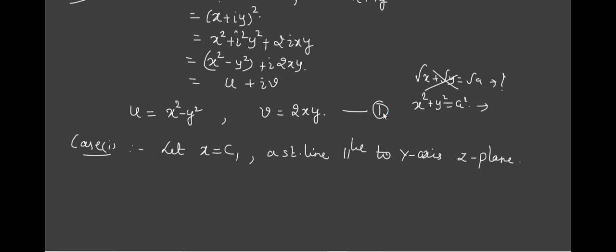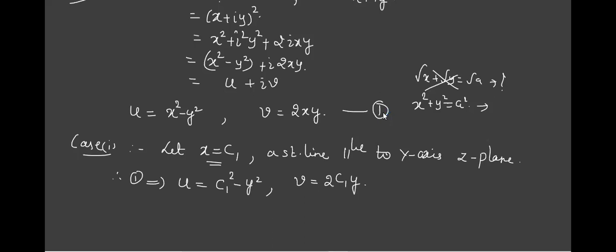Now let us take it: x is present in both sets, isn't it? Better, we'll take it and try to eliminate. Just see. Therefore, what happens to set of equation 1? u equal to, in place of x, I have to write c1. Tell me what I'll get. x square means c1 square. What do I have to do with y? y is y. Only I have to substitute for x. Similarly, v equal to 2, what is my x? c1. Again, y is y only.